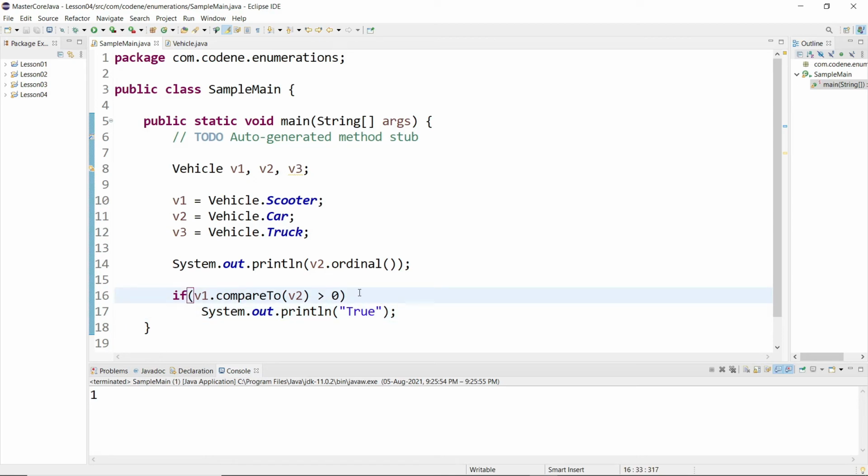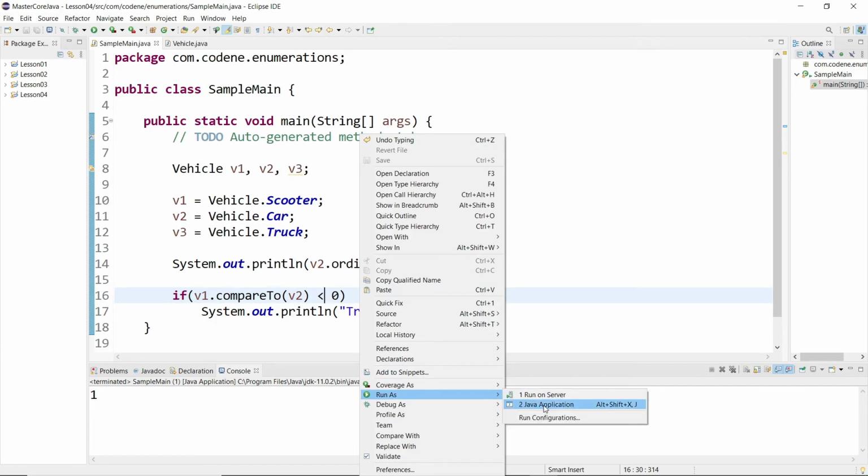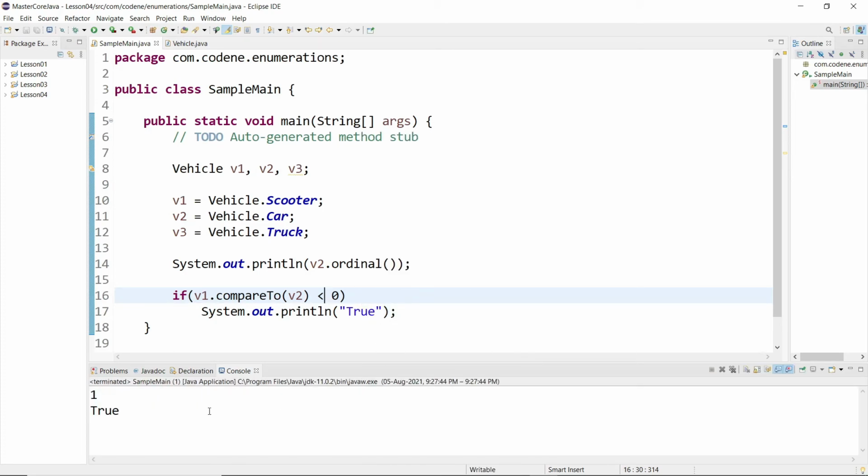That means we are comparing the value of V1 and V2 by their ordinal position. So here it's not printing true because V2 does not come before V1. V2 comes after V1. So let's change the sign. When we change the sign, now we can see the true is printed.